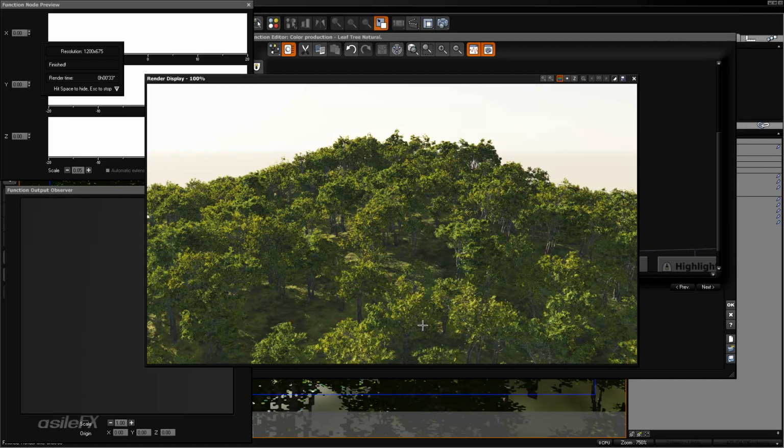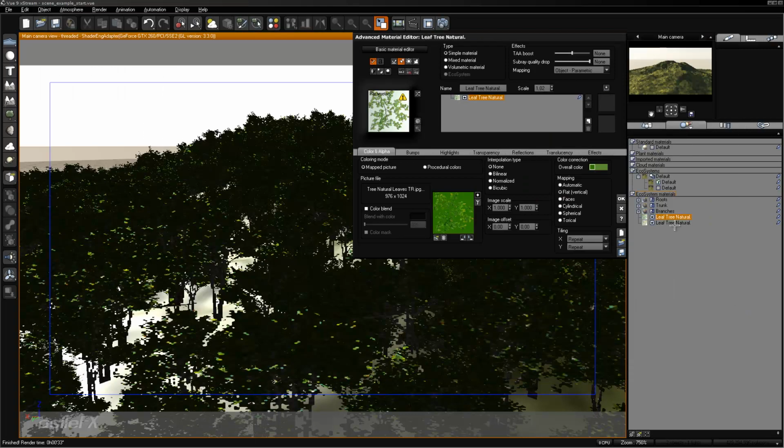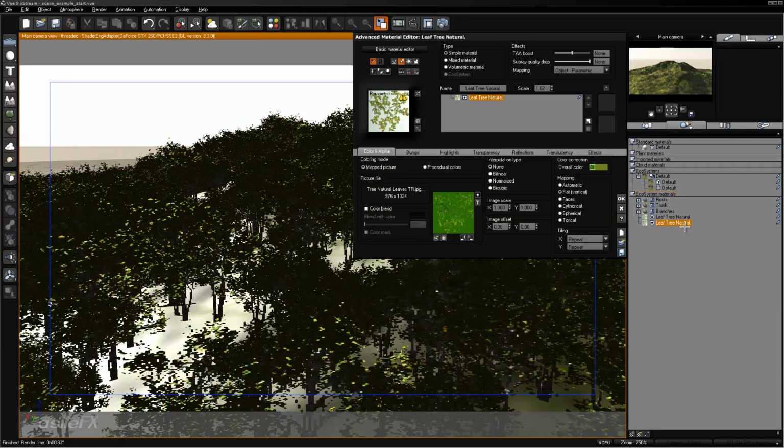So this is a render with just that material on at the moment. You can't really see a huge change because there's still that other leaf material on the vegetation. So what we're going to do is click OK, and then we're going to close out this first material and we're going to go into the second. We can right click the material, or you can double click and just do the same thing